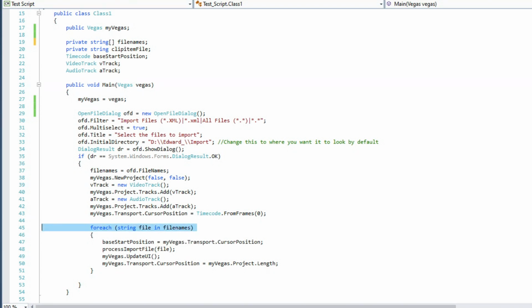Technically, I'm using this cursor position as my base location, and so now for each string file in the list of file names, I get my base start position from the cursor position. Then I'm going to process the import file, which is one of the files in the list of file names. Then I'm going to update the Vegas UI. If I do not do this, then it starts to get off after you've added a couple of files, because